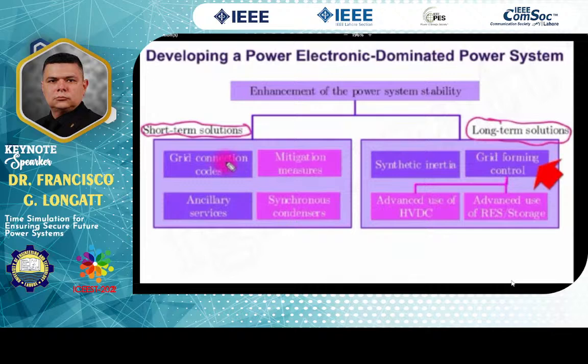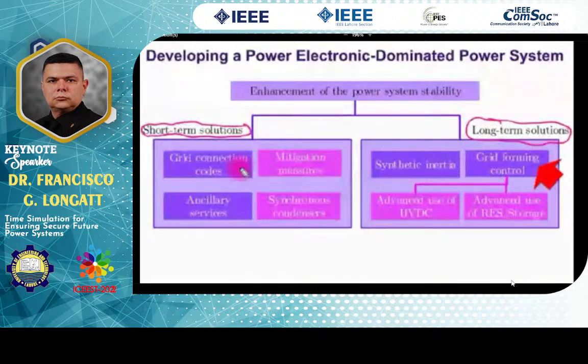The grid code is the document created by many utilities and organizations around the world in order to define the minimum requirements for the safe and secure operation of the components that we are connecting. And many grid codes around the world have evolved and have been adapting to this new power converter dominated situation. For instance,